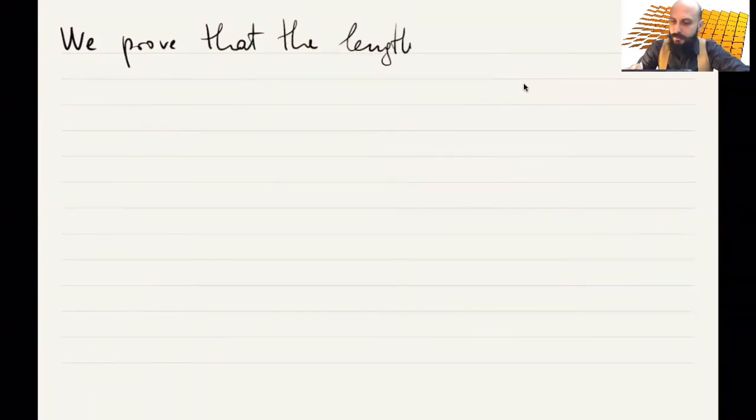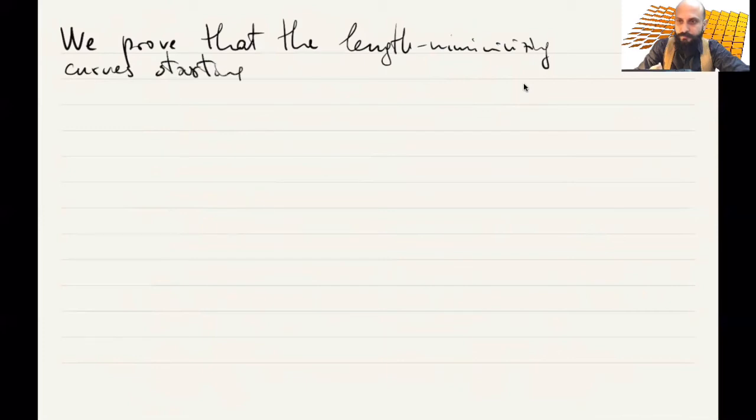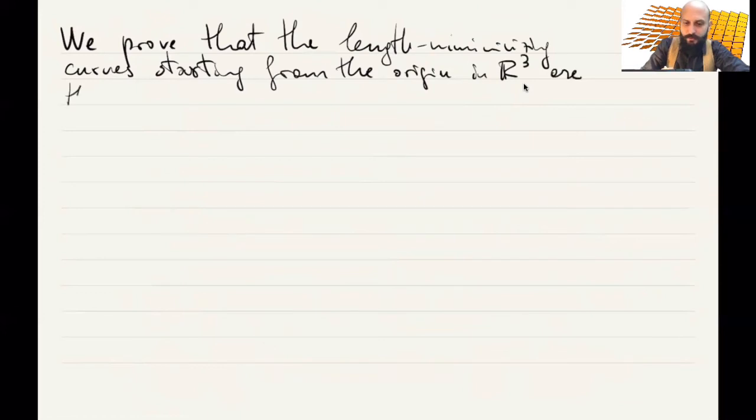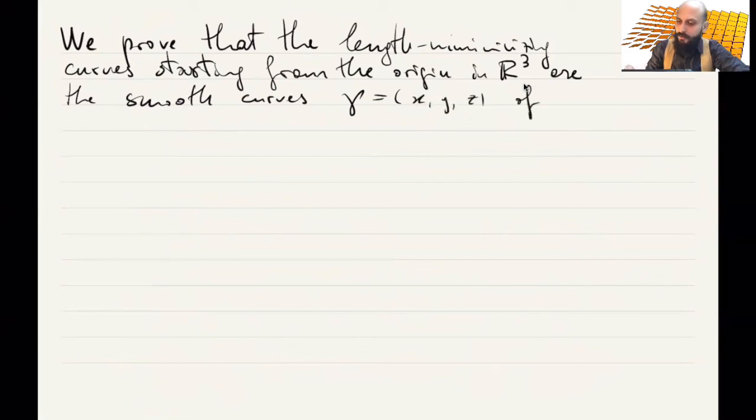We proved that the length minimizing curves starting from the origin in R3 are the smooth curves gamma, or let's call it gamma 1, gamma 2. Okay, no, x, y, z of the form